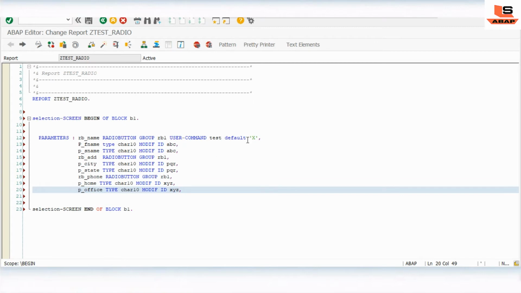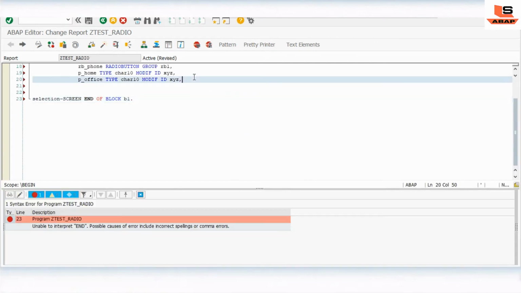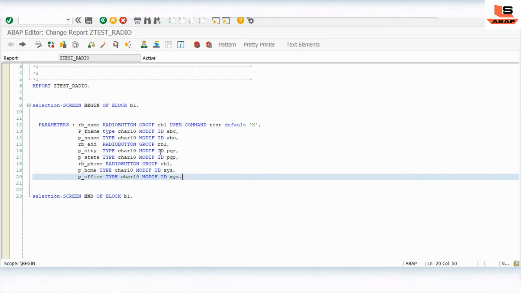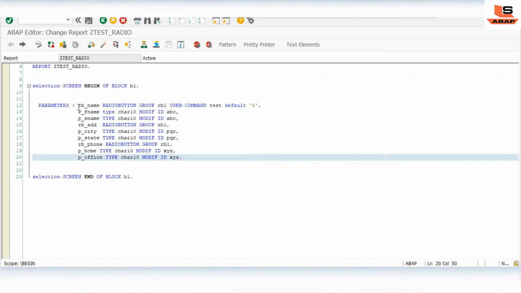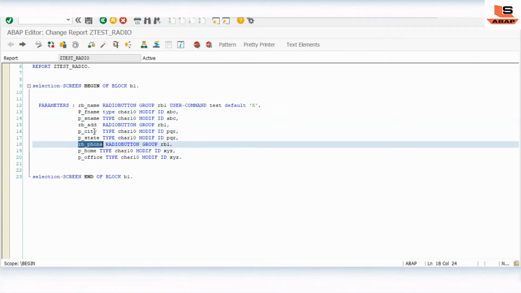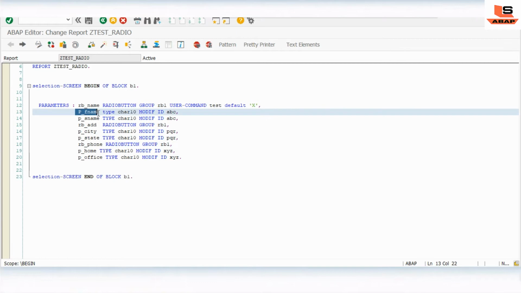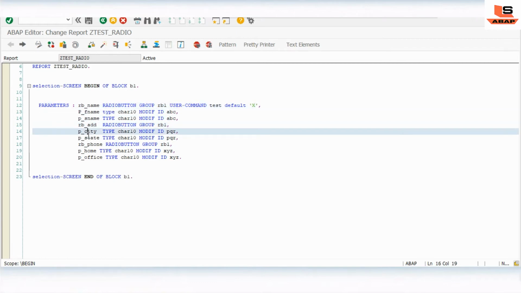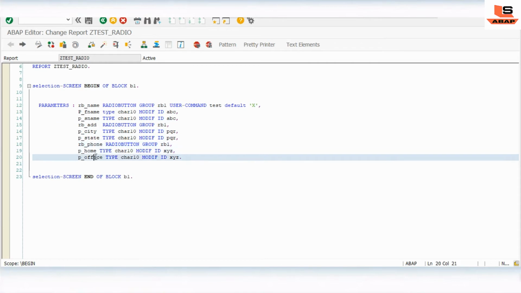Let's check and activate. I will show you what I have done. I have created the three radio buttons, name, address and phone number, and for these radio buttons we have relevant fields: first name, last name, city, state, home phone and office phone.